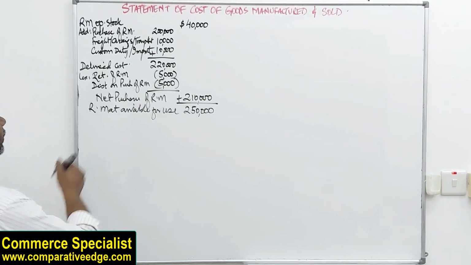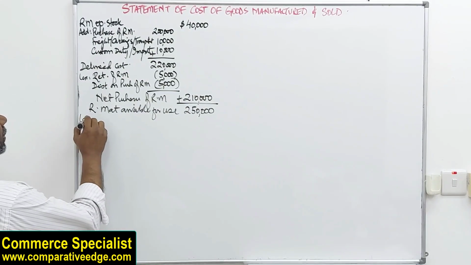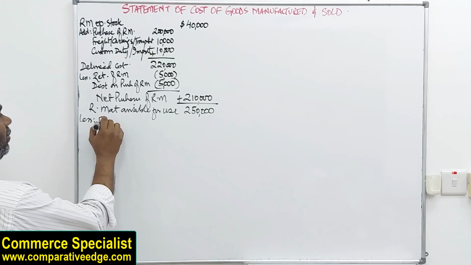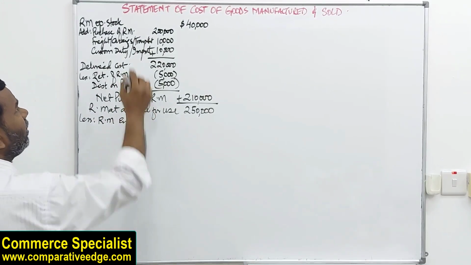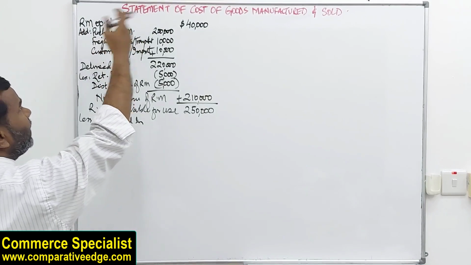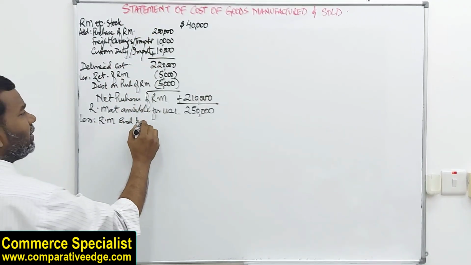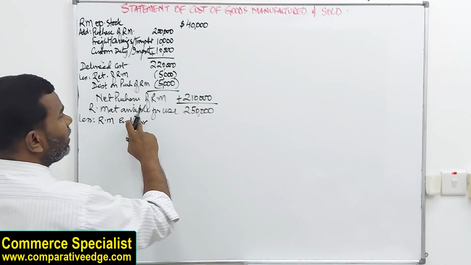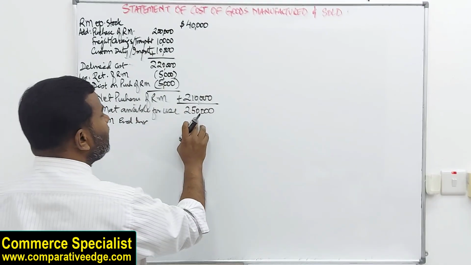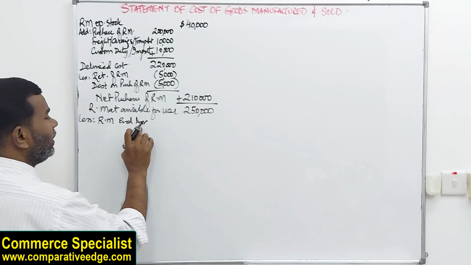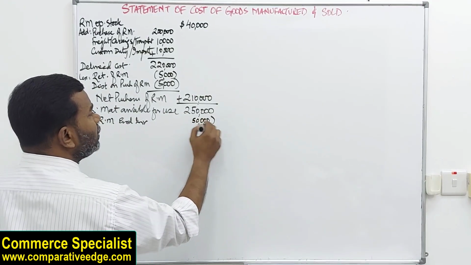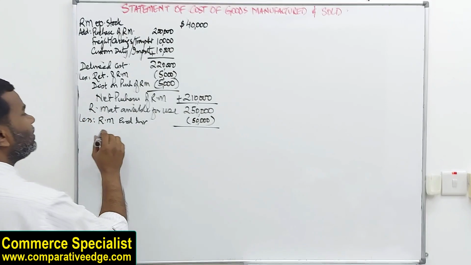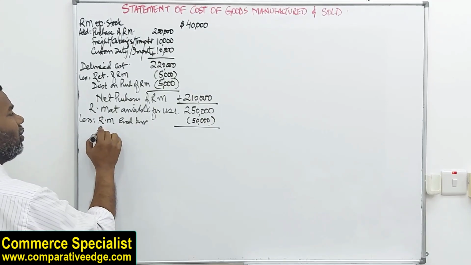And now if I tell you the closing stock of raw material, closing stock or ending inventory, I'm writing ending inventory, let's say, because here I write opening stock and opening inventory, closing stock and closing inventory is the same. So if I tell you raw material available for use was 250,000 and at the end of the year we are left with only raw material worth 50,000. So what happened to the rest? The rest has been used, so we call it raw material